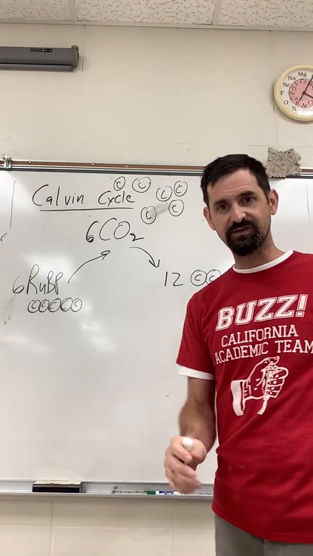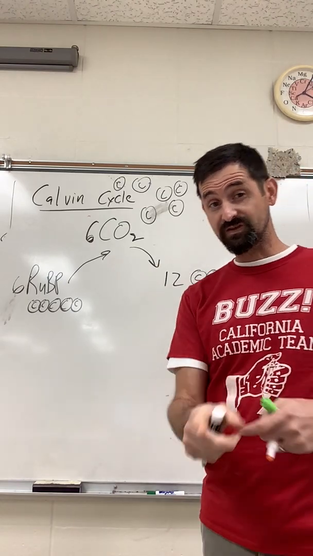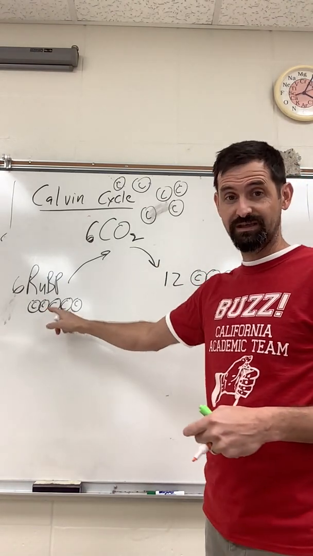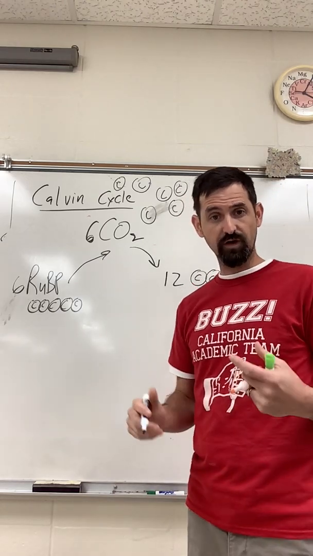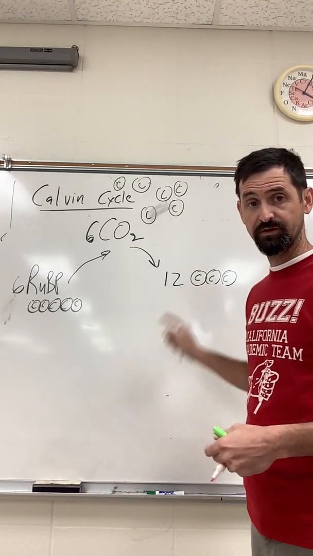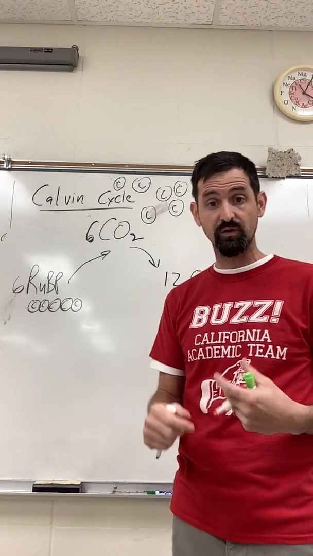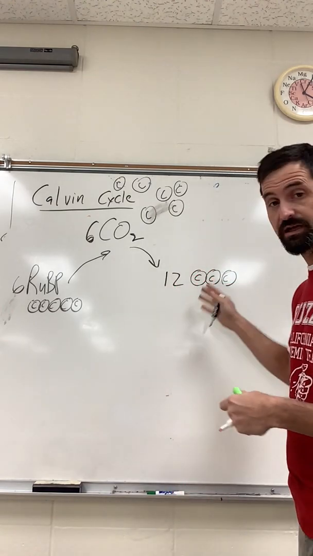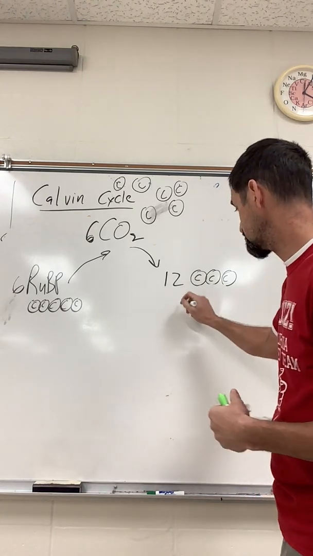This is just the first step. All we've done so far is grab some carbon. And remember, since this is a cycle, somehow we have to get back to over here. Well, at this point, this is where our products from the light reaction come in. Because we don't want some 3-carbon molecules, we want glucose. That's ultimately what we want to get. So we need some energy to rearrange these molecules to get them to the state that we want them, which is ultimately